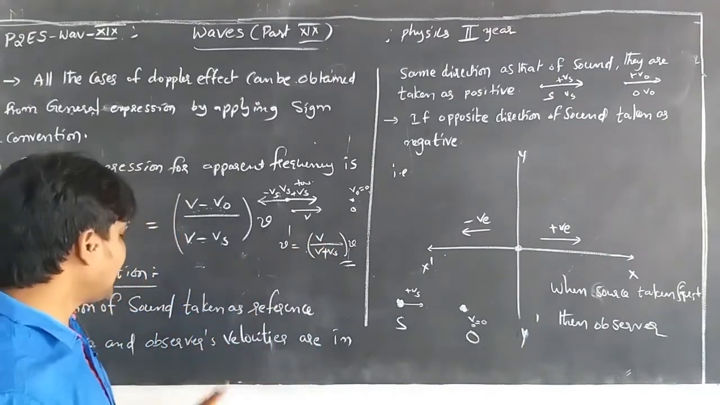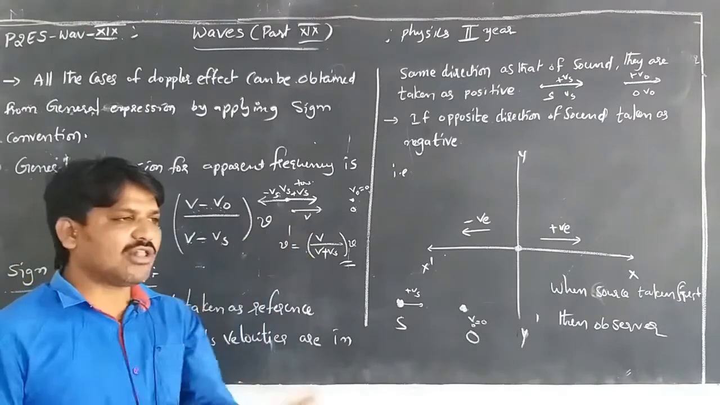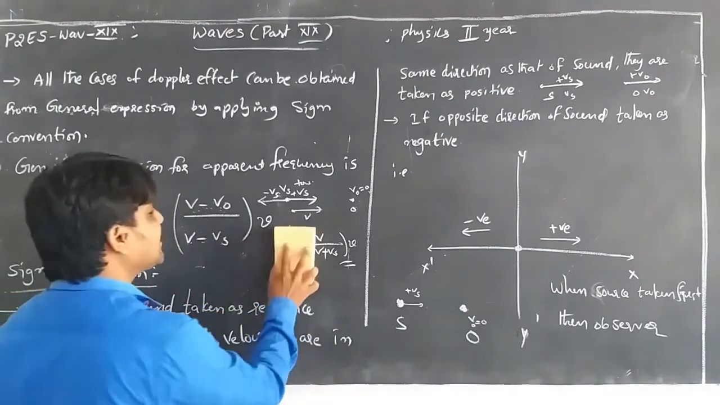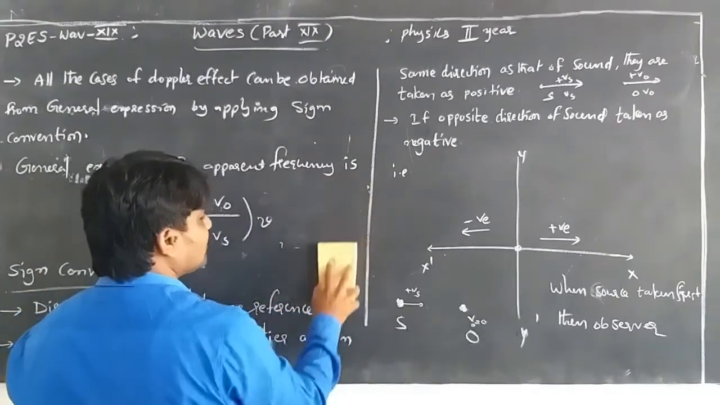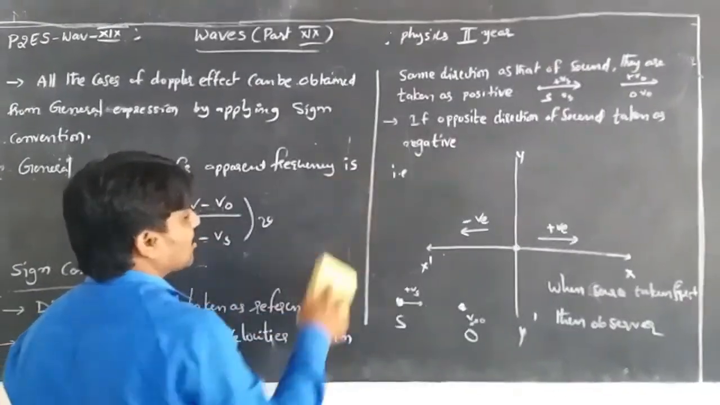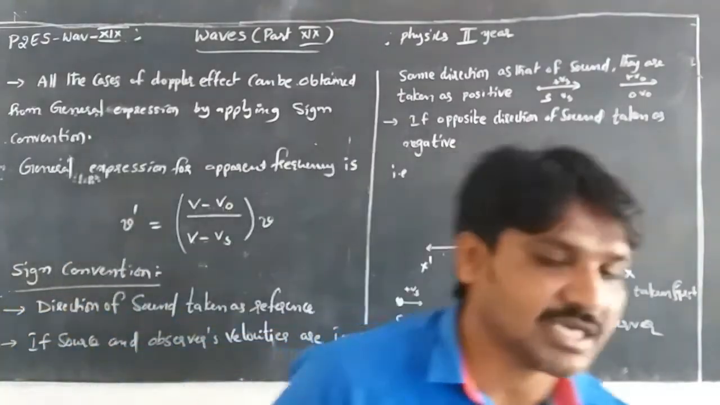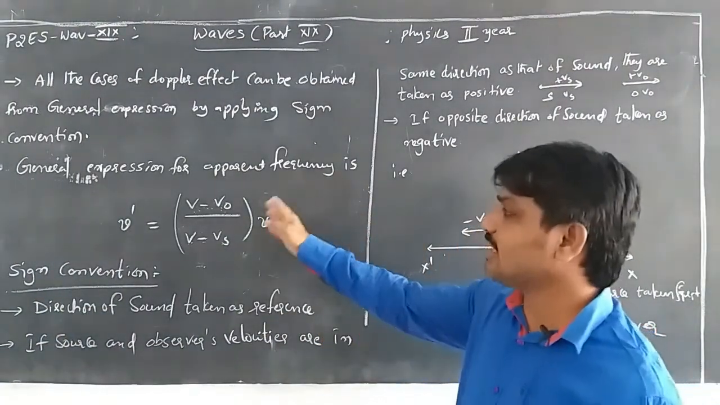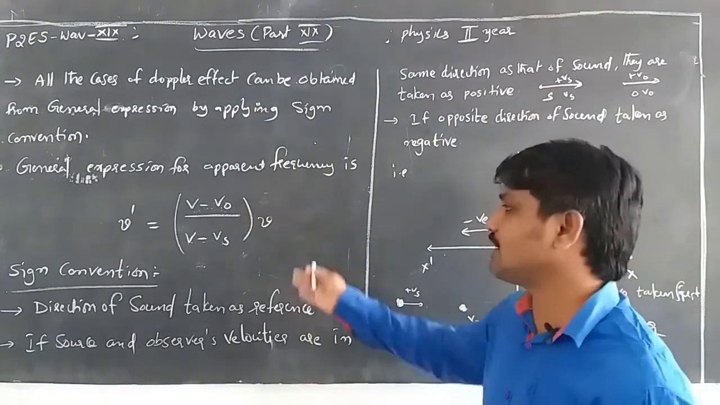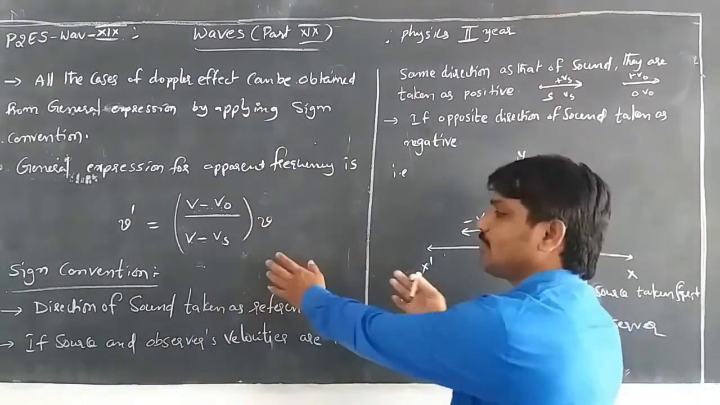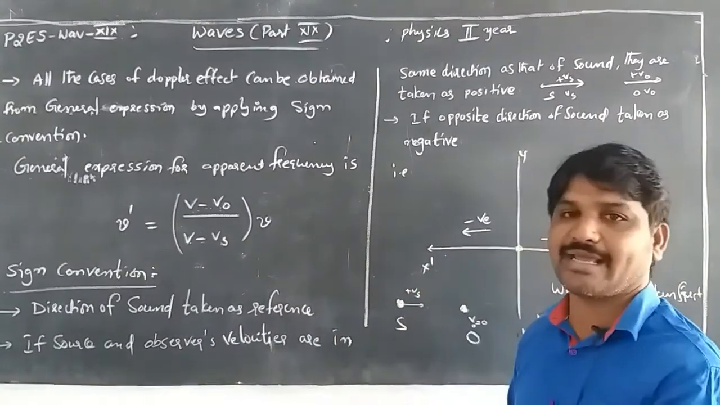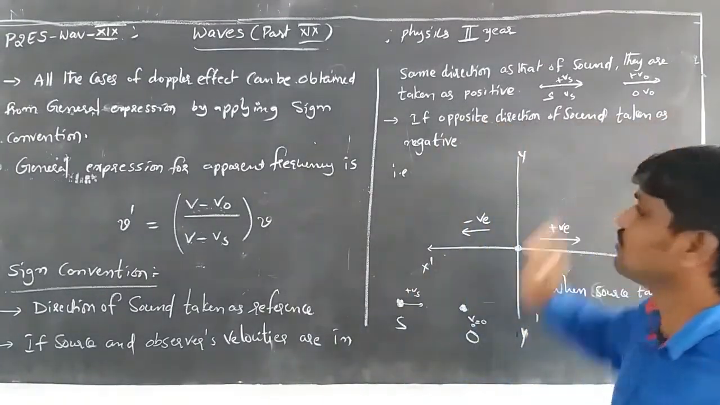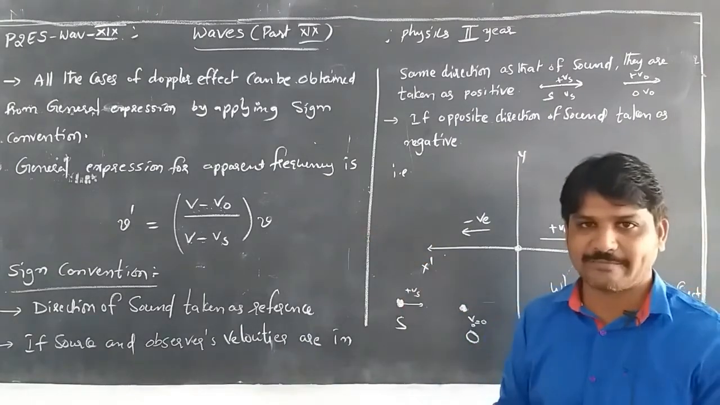In all the cases we can derive an equation when the air is constant, meaning the medium is constant. We should follow that: the medium is at constant. Whenever the medium is constant, in all the cases we can derive the equations by using this general expression for the Doppler effect by applying the sign convention. If the direction opposite to the sound is taken as negative, as we just applied, then